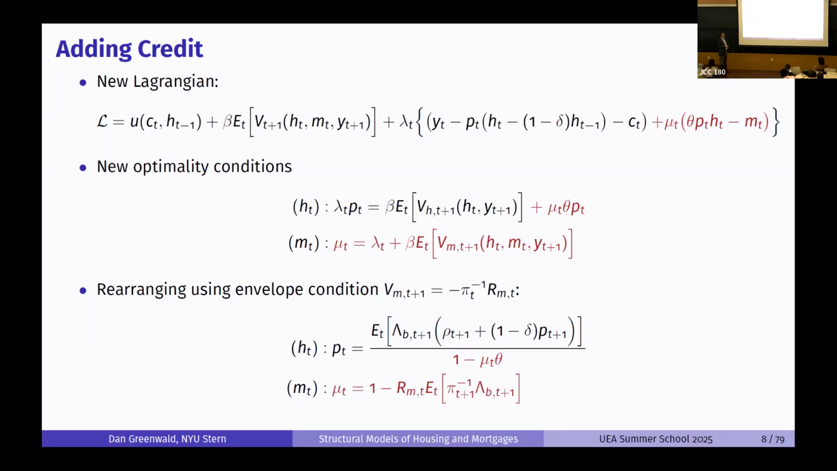And what is it saying? It's basically saying that you realize, you take into account that when you buy more housing, it actually relaxes that limit because more housing means you can borrow more. Then you also have this separate